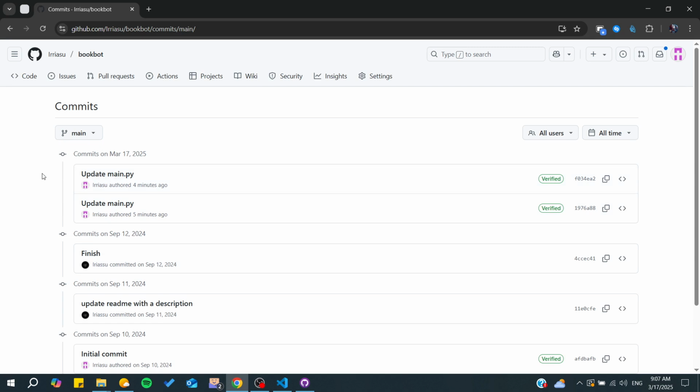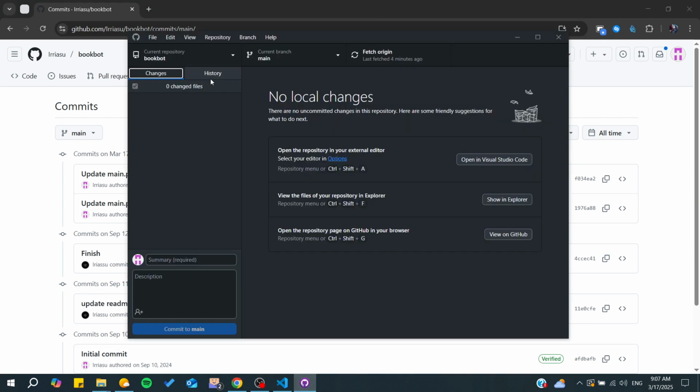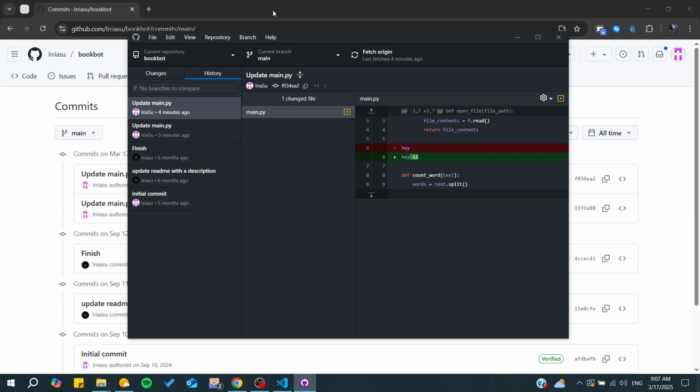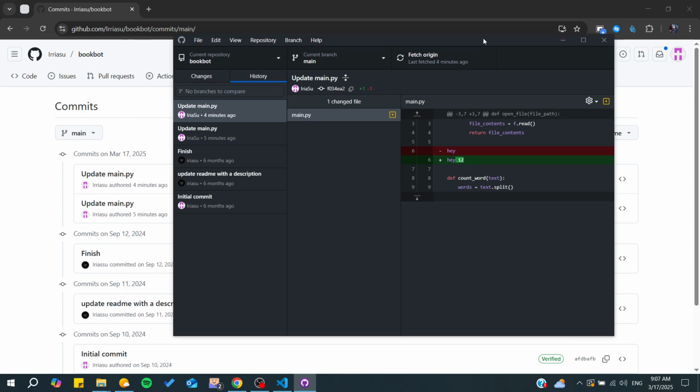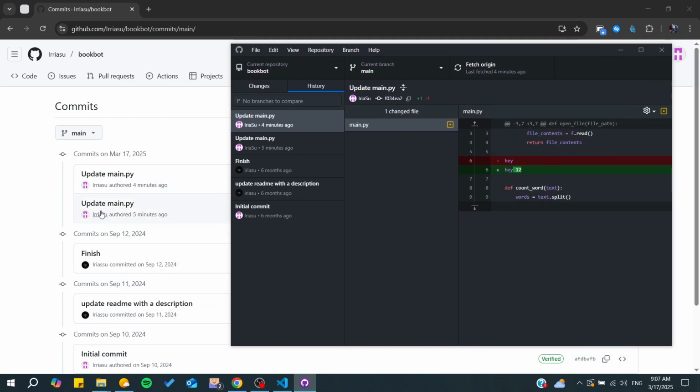To do it in GitHub you will need to have GitHub Desktop. So from here we will find these changes. As you can see, they've been made only 4 minutes ago. Basically you will be able to do this in two ways. Either you can revert changes from your local repository and then push the changes to your remote, or you can simply go to your remote